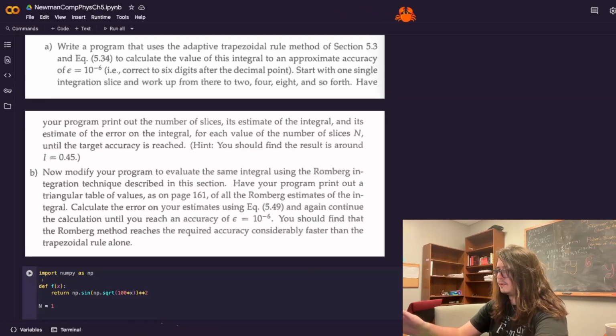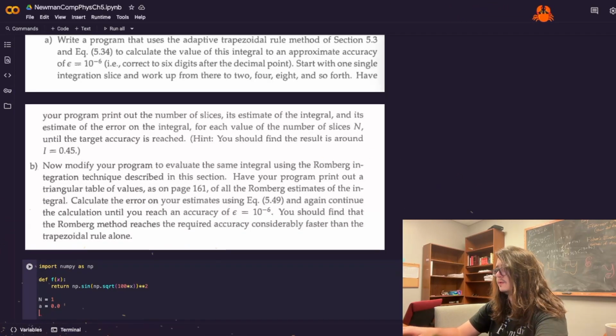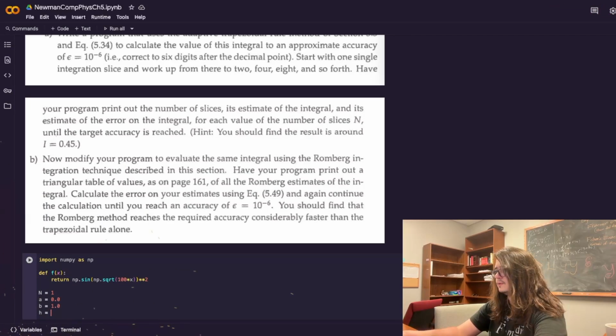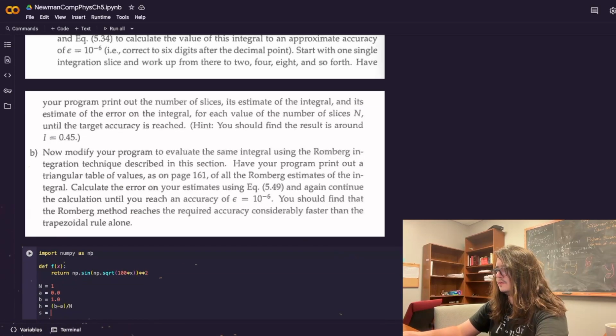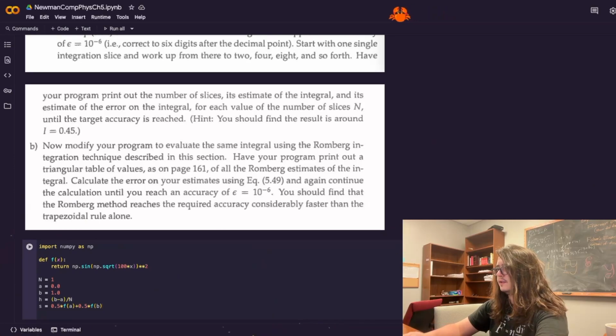So starting with n equals 1, a equals 0, b equals 1, h equals (b minus a) over n, s equals 0.5 times f of a plus 0.5 times f of b, and then you do your for k in range 1 to n,